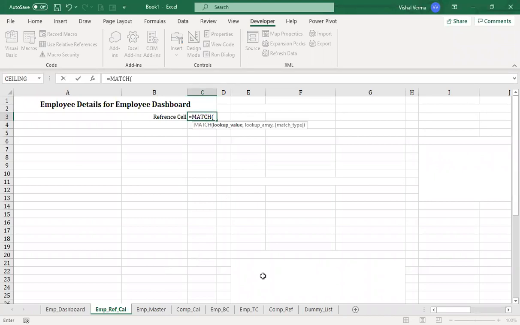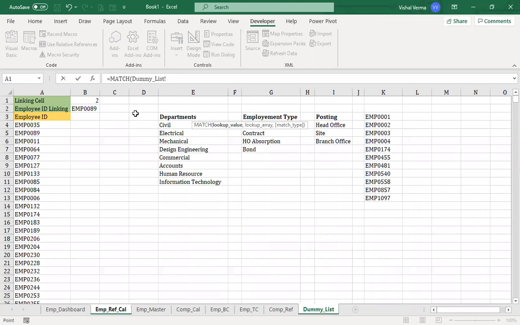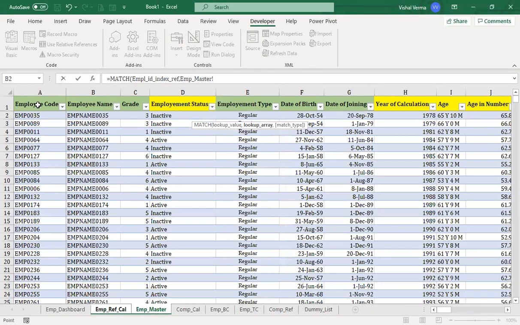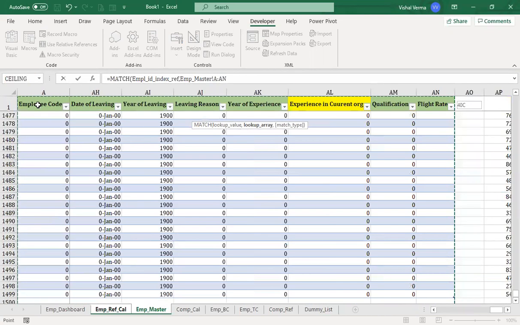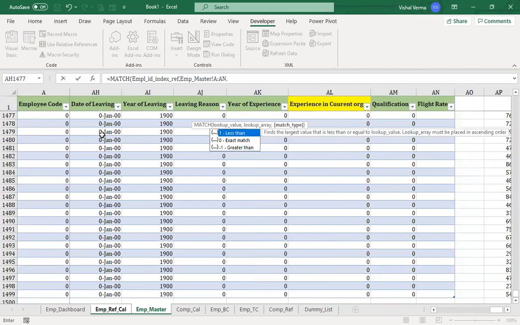Match, then we need the reference cell, or this will be the reference cell, and then it is asking for the array, the lookup array. So the lookup array will be our employee master. And then we are looking for the exact match.